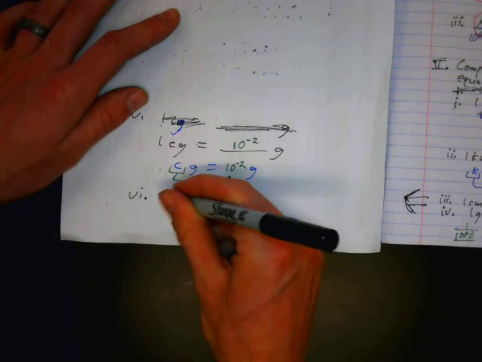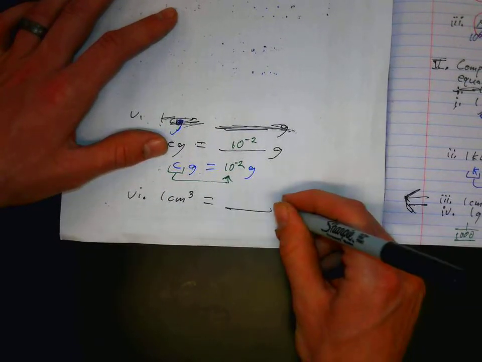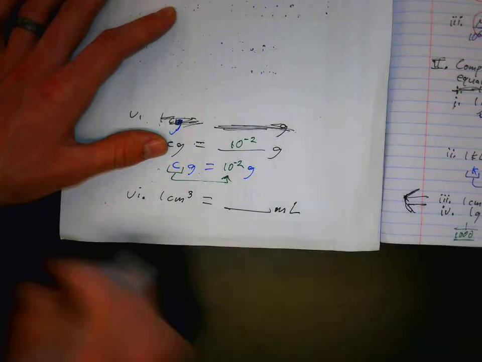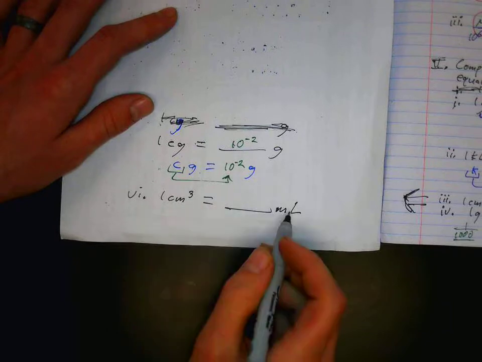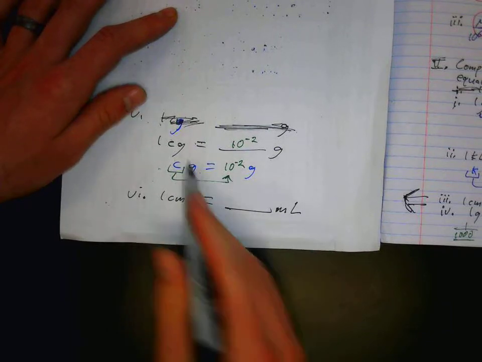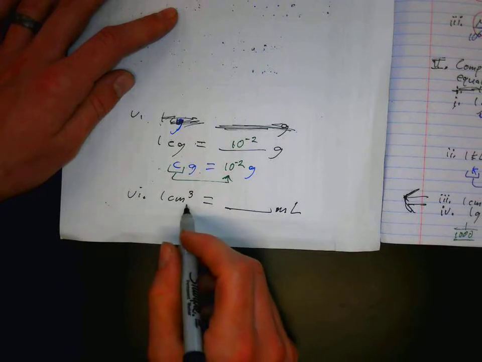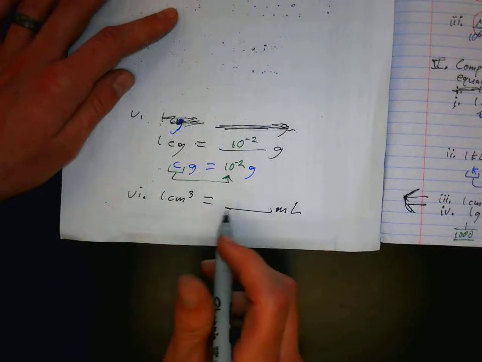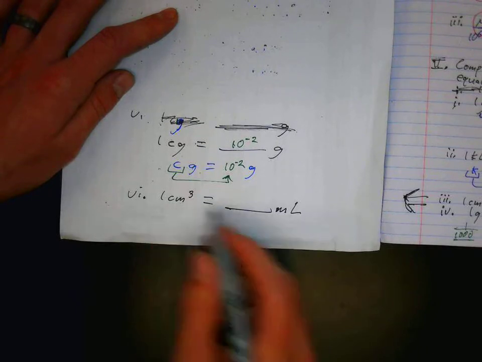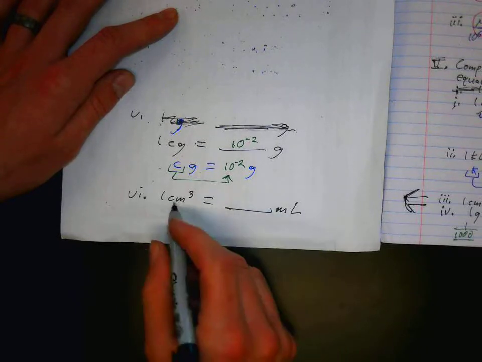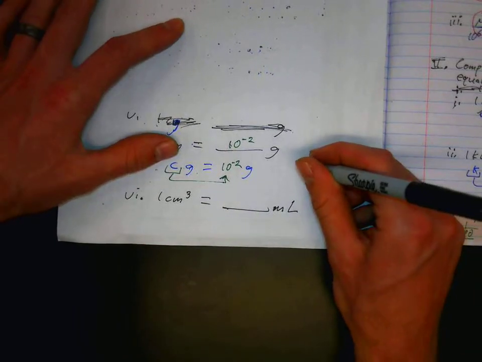So 1 centimeter cubed equals how many milliliters, blank milliliters. This particular example might look like it's in different units as well, like the last one that was a typo. But this one is, we can make a conversion here. Centimeters are units of distance or length, milliliters are a unit of volume, but a cubic centimeter is also a unit of volume, right? If you can think of a cube,